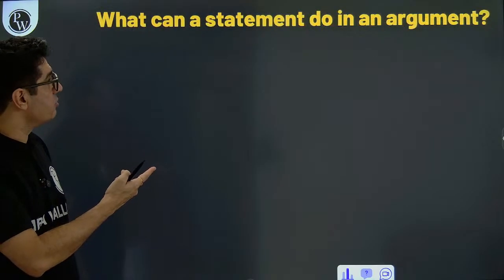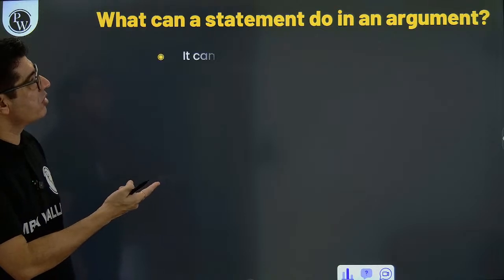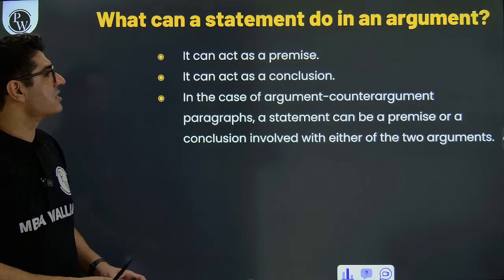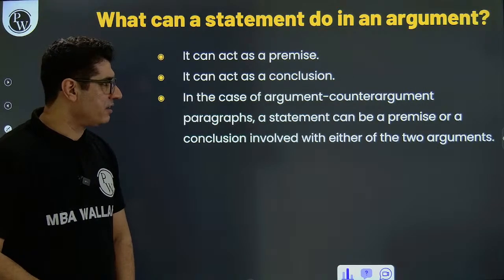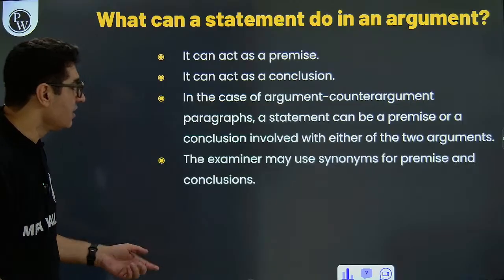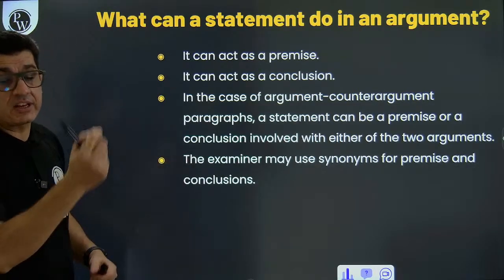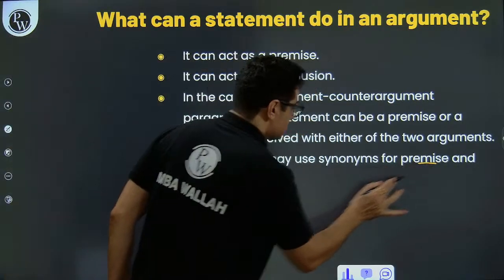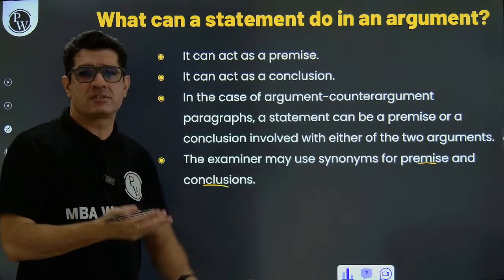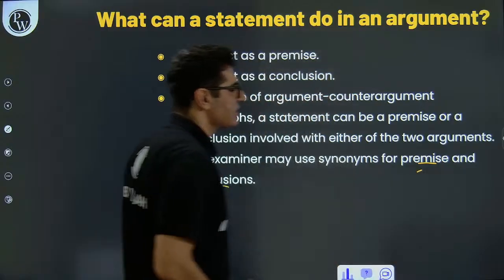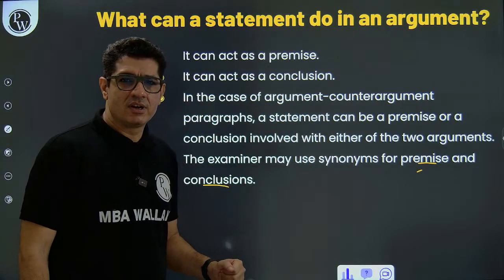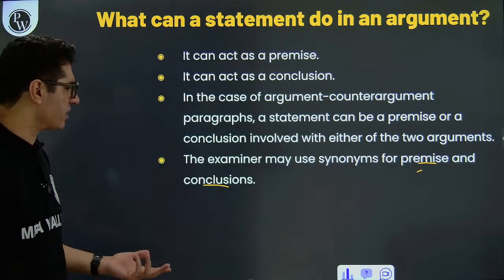I've already shared these with you. So what can a statement do in an argument? It can act as a premise, it can act as a conclusion, or if there is an argument counter argument paragraph, it can be a premise or a conclusion involved with either of the 2 arguments. Additionally, the examiner in the answer choices may not use these 2 terms. He may get into their synonyms, right? So instead of using premise, he can say that this highlighted part is used to support the author's main conclusion, oppose the author's main conclusion, whatever. And additionally,